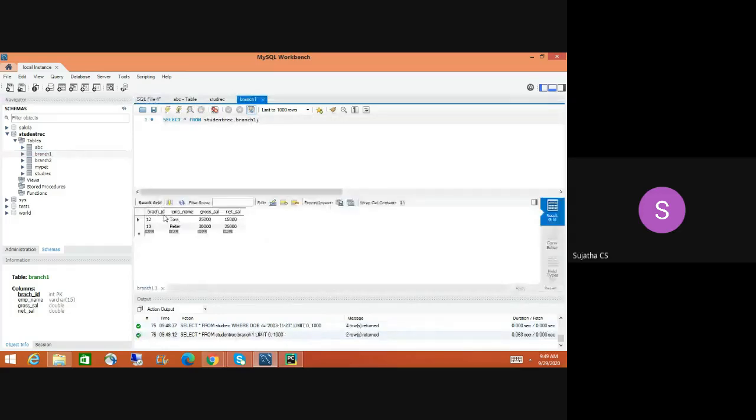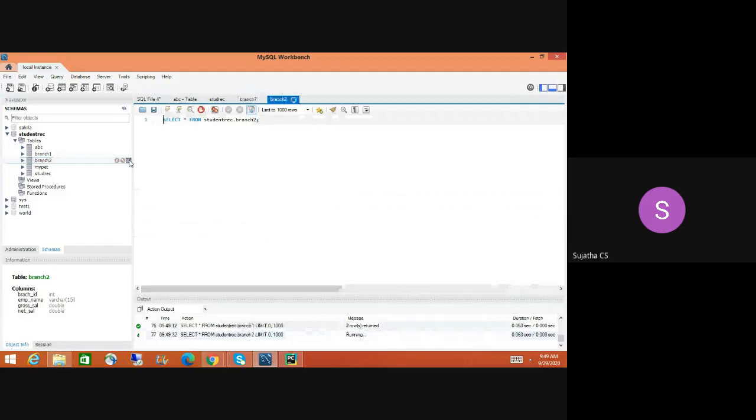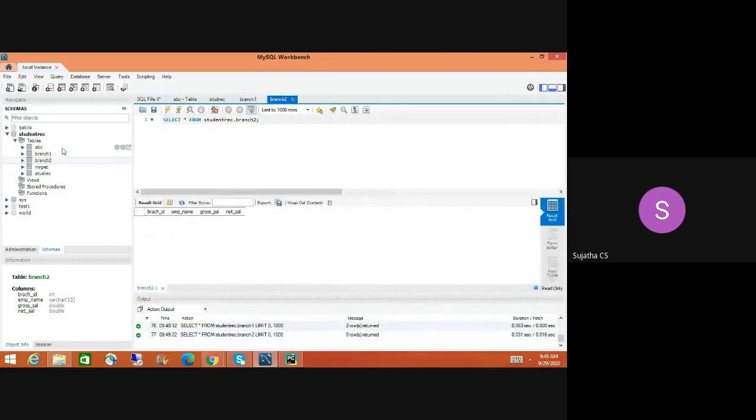I have created two records with four columns. Branch 2 has nothing, but the only condition is that the columns should be identical. Then only can I move all the records from here to there.